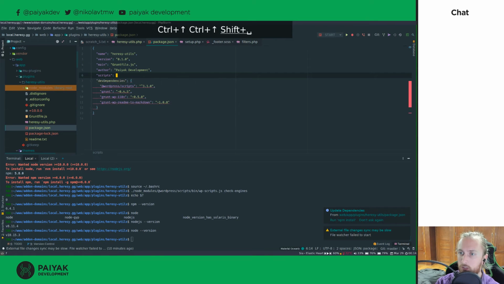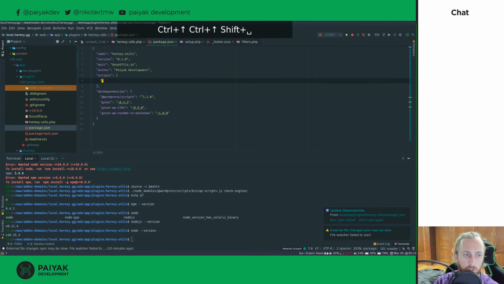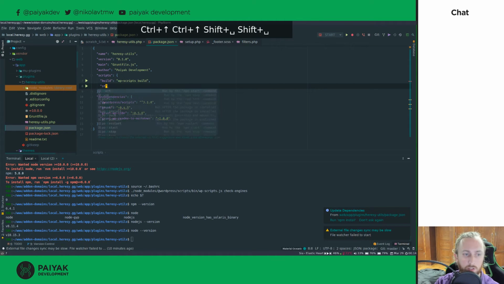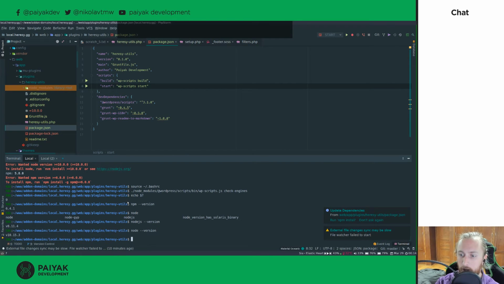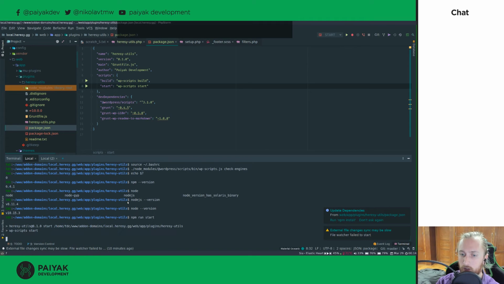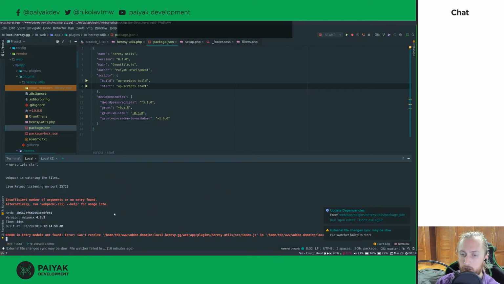and add the scripts section, right? And I'm going to say build is going to be wp-scripts build, and start is going to be wp-scripts again, start, right? And what this is going to allow me to do is npm run start,